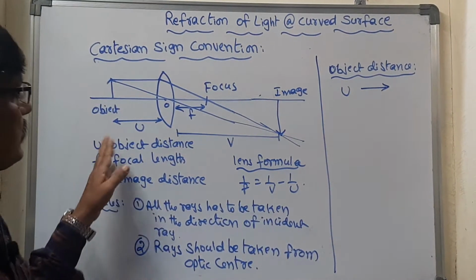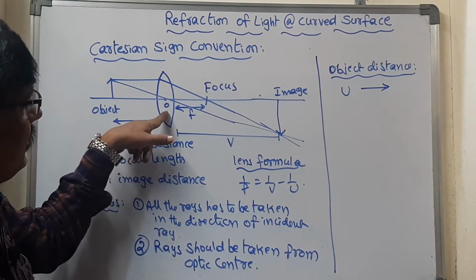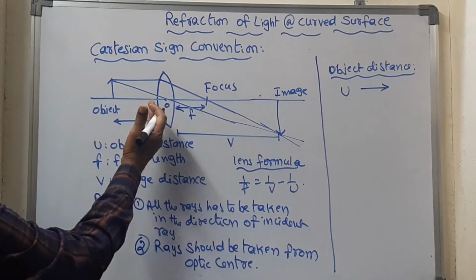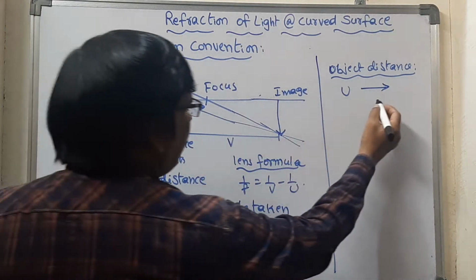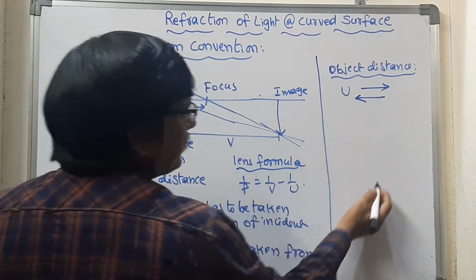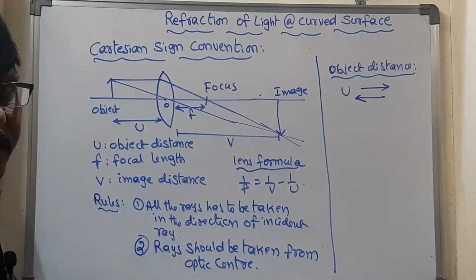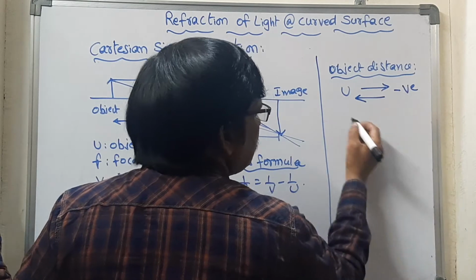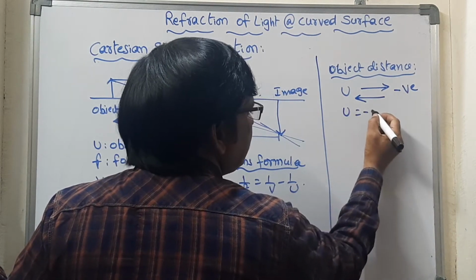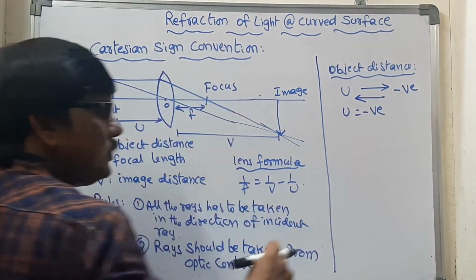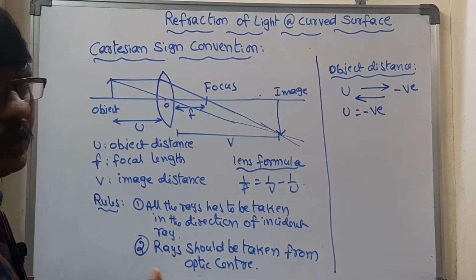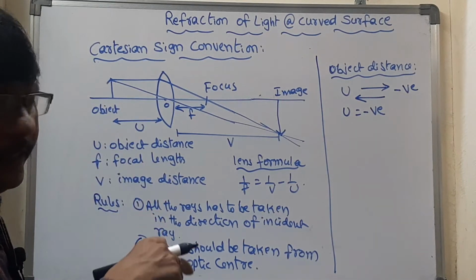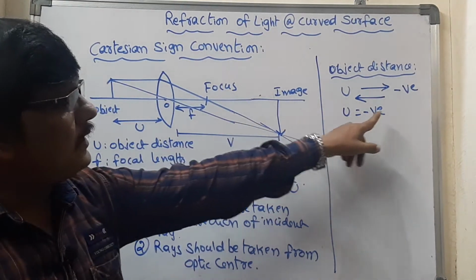Okay. The second one is the values have to be taken from the optic center. So from the optic center towards the object side, what will be the direction? This is the opposite direction. Once both are in opposite directions, we have to take the sign as negative, and so u, the object distance, should all the time be taken negative. In a convex lens, values will change when going from convex to concave, we will discuss all those. And so for a convex lens, object distance should be taken as negative.